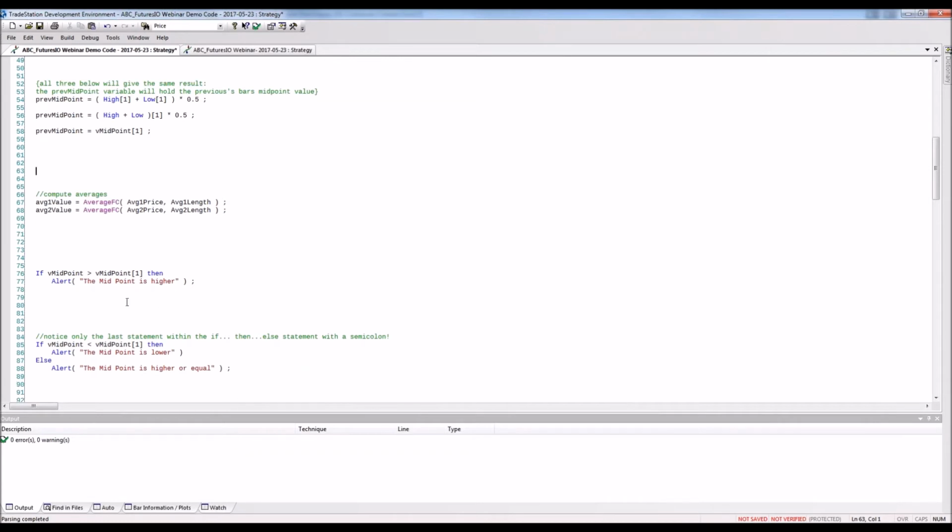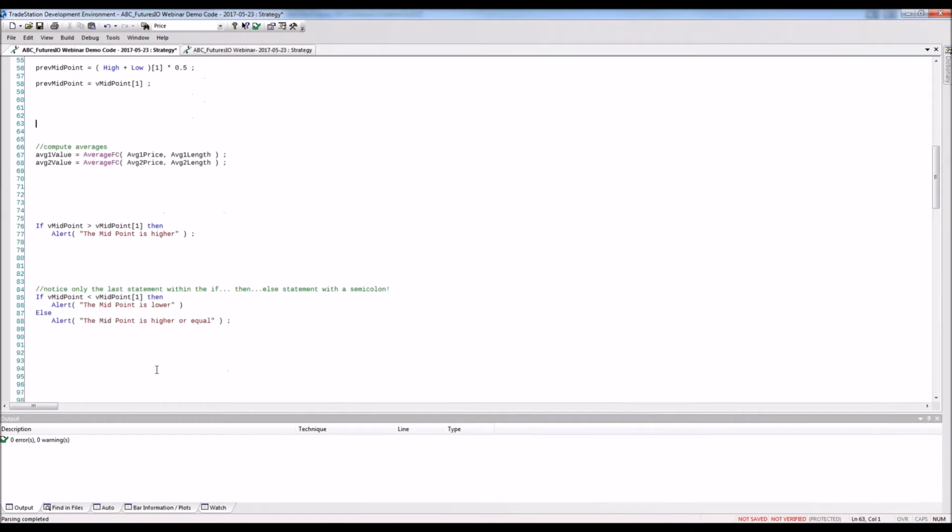And as EasyLanguage considers this as one statement in total, it just requires a semicolon after the second statement. So the first statement here after the if-then would have to do without a semicolon. So this is a great way to change the flow of control within your code, or to have certain parts only to be executed when a condition is met, but you are limited to one statement only, and that's why